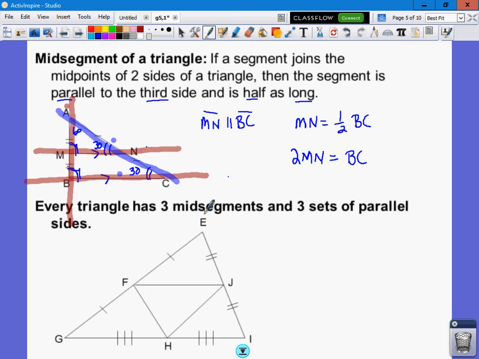Every triangle has 3 mid-segments and 3 sets of parallel sides. Okay? FJ is a mid-segment. It's connected to midpoints. JH is a mid-segment. J and H are both midpoints. FH is a mid-segment because F and H are both midpoints. So the parallel sides would be FJ is parallel to GI. JH would be parallel to,